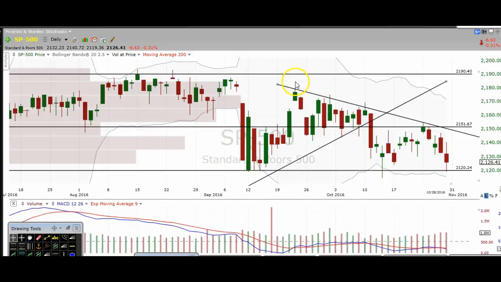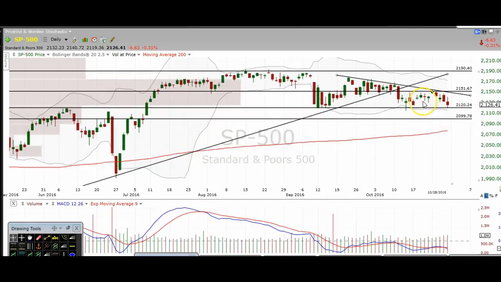Another one here, we have this downtrend line right here, started in early September, with many rejections against this trend line. You can see we are making lower highs right here, but what we haven't done is really made a lower low when you compare it to these lows and these lows right here. So we'll see what they do with this, but to me it looks like a very clean pattern here that's